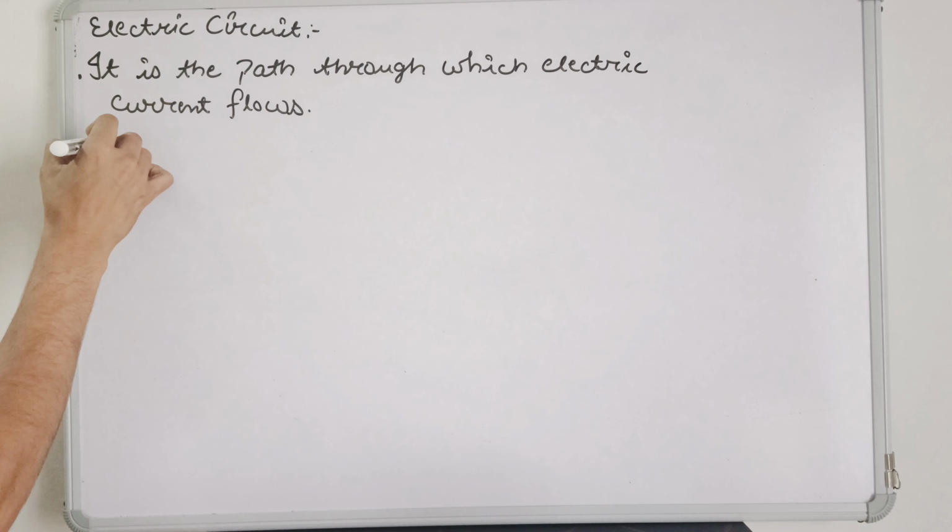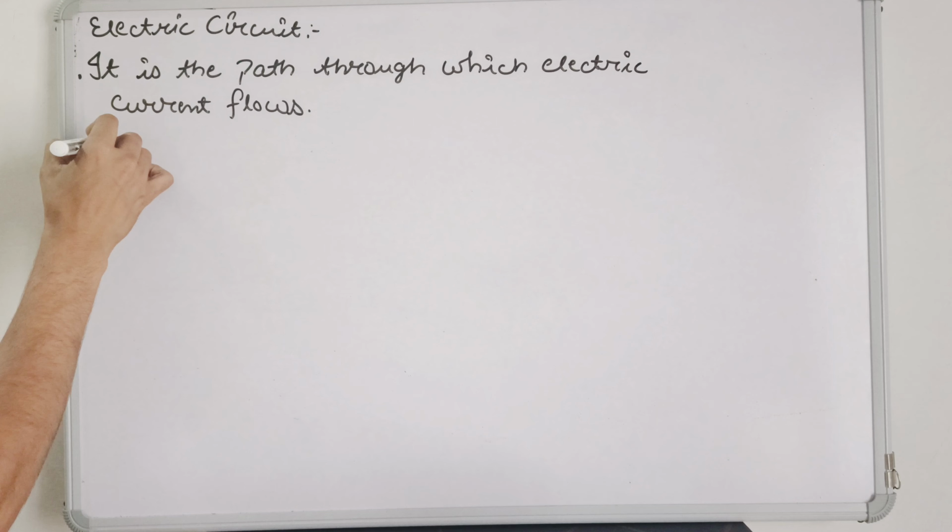To know the definitions of this, what is an electric circuit? It is the path through which electric current flows. Electric circuit is a way through which the electric current flows. Okay. Now, the second important point,